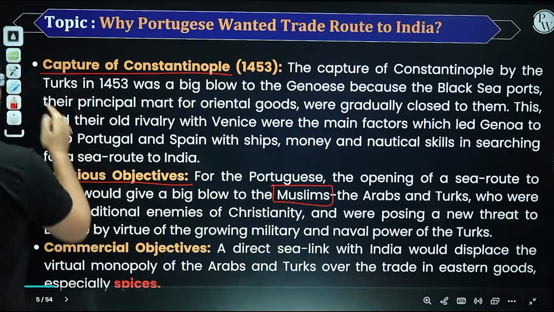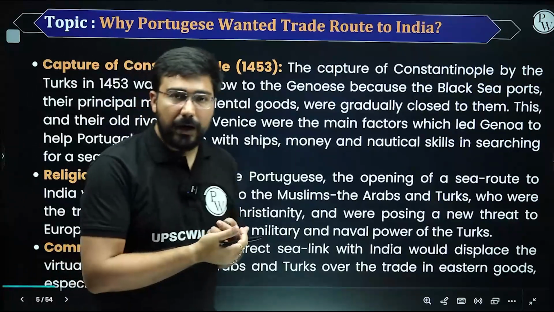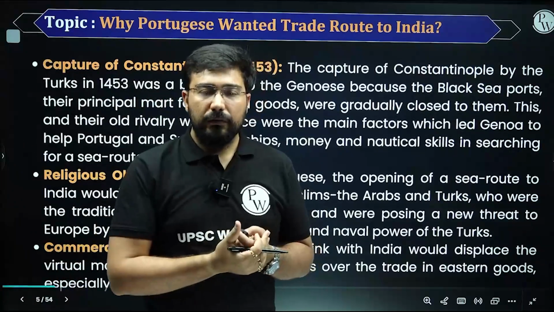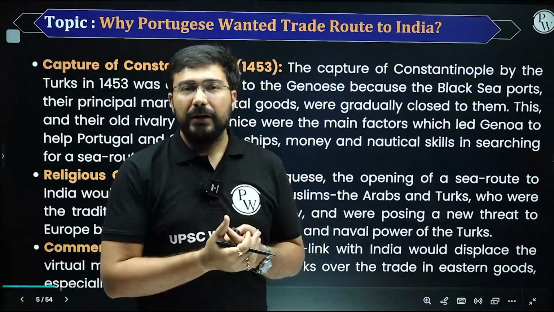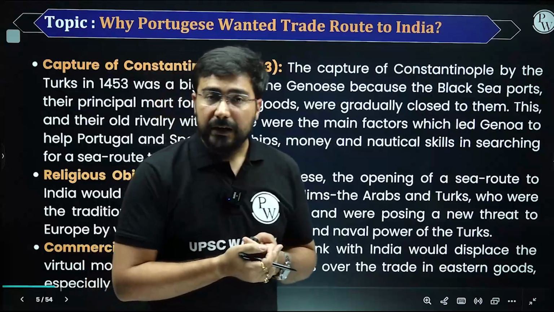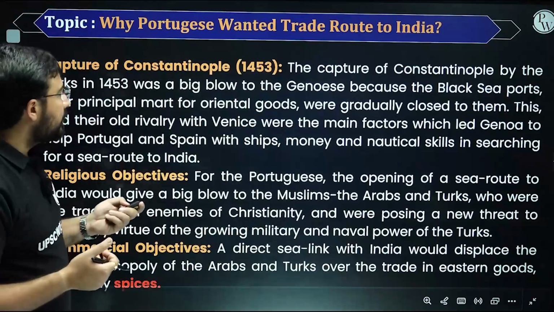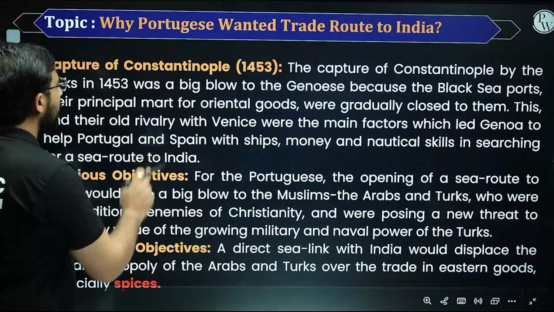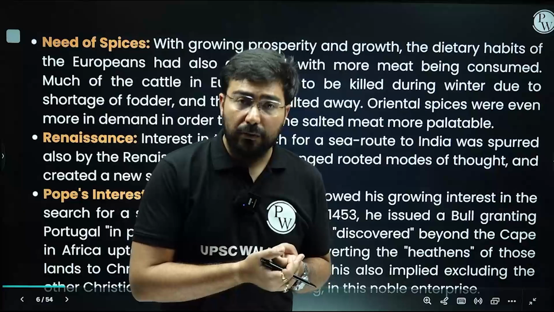That's why they were trying, because in fact the Ottoman Empire was an Islamic empire, and the leader of this Ottoman Empire came to be known as Caliph, or in general we use the word Khalifa. So that's why they wanted to counter the rise of Islam. That's why the Europeans also wanted to spread the message of Christianity. Commercial objectives, as I told you, spices play a very important role, right? Spices were in great demand, so that's an important economic factor.